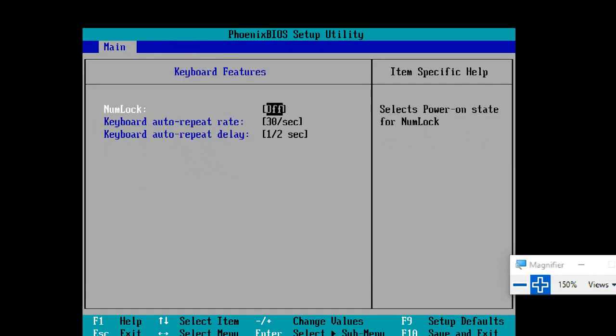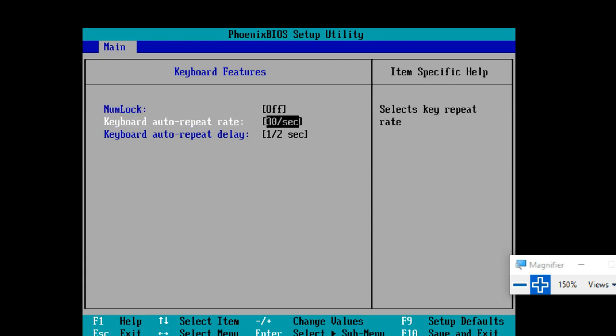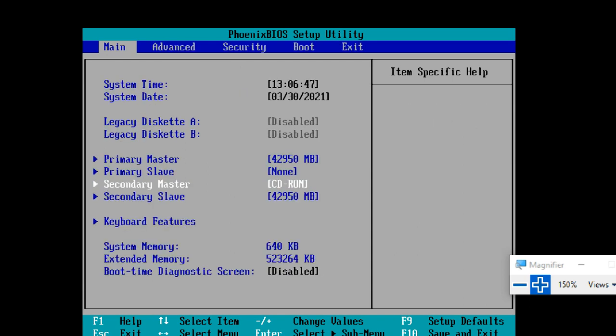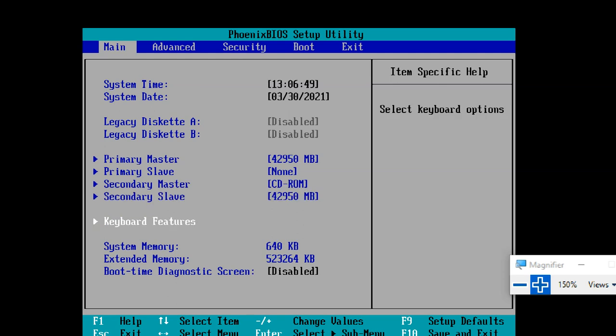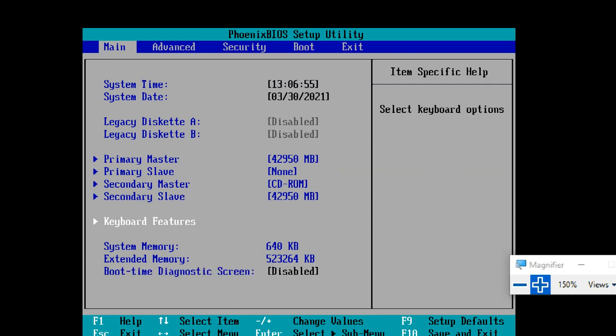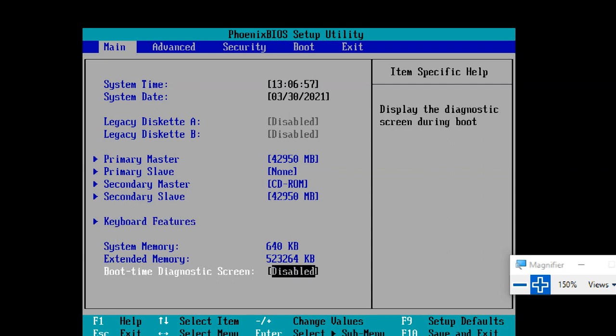Numlock on or off, keyboard auto repeat rate, and keyboard auto delay. Boot time is showing disabled. If I want to enable it, I can enable it like this. My memory shows extended memory, which means RAM.